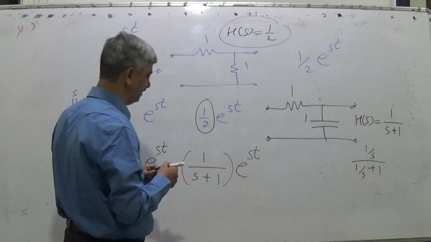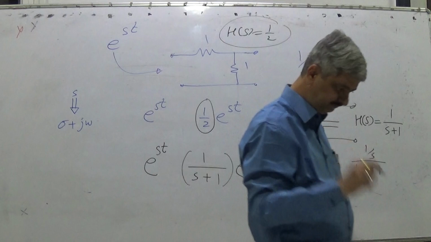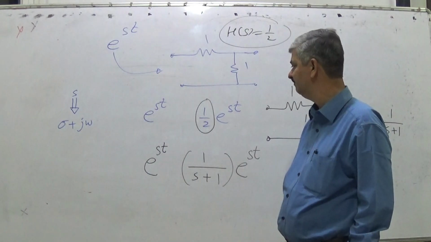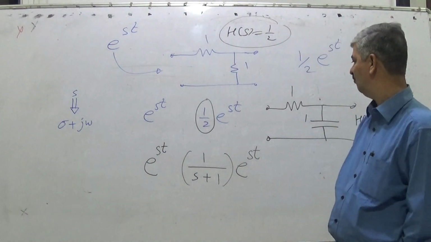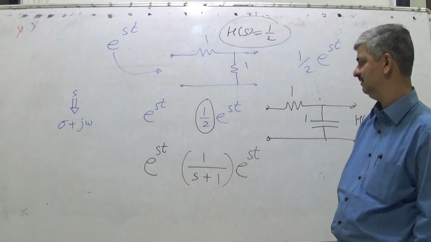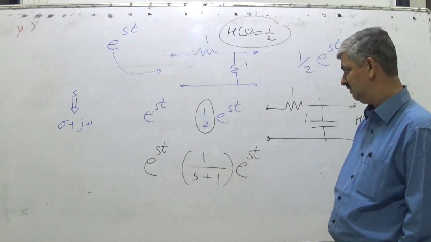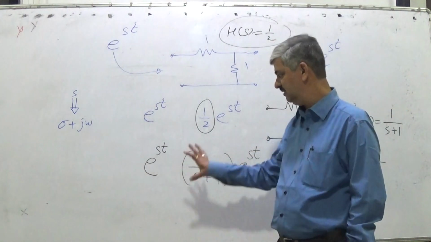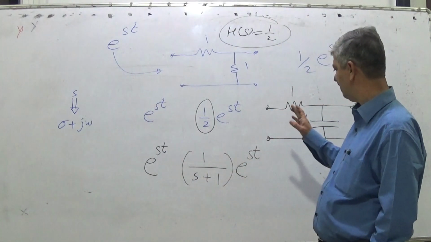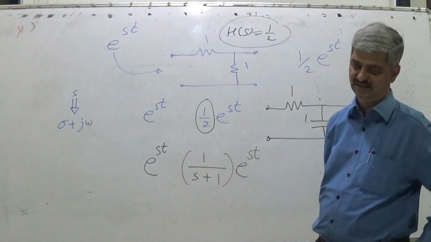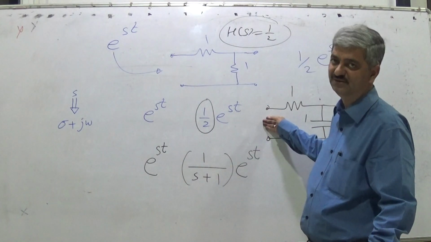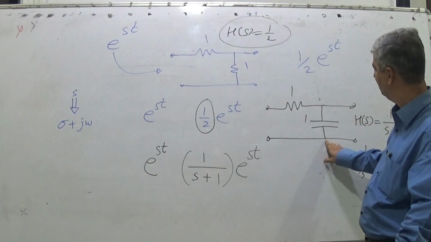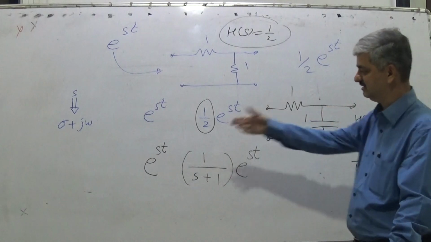So what does it mean now? Listen very carefully. If S is 0, what will it indicate? If S is 0, in that case the ratio would be 1, and S is 0 means a stationary signal. So whatever is input, the capacitor will charge to that level and the same will appear at the output. It is an extreme case.